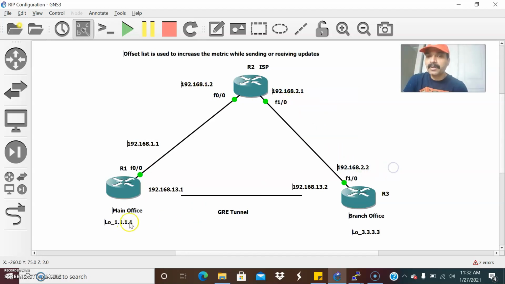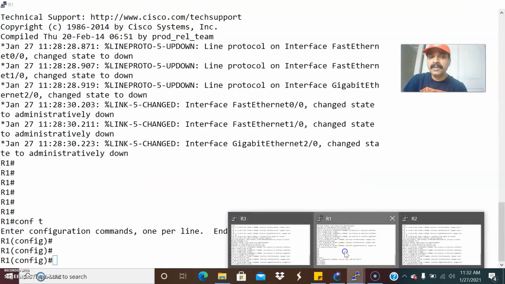And on this interface I'm going to define the loopback address, 3.3.3.3 for branch office and 1.1.1.1 for main office. This loopback is for GRE tunnel configuration. There are three things you are going to learn today in this architecture: how to configure a GRE tunnel, the routing protocol RIP, and offset list.